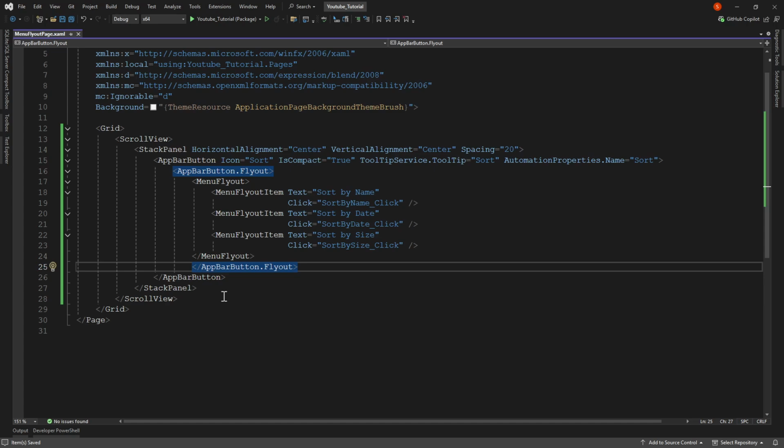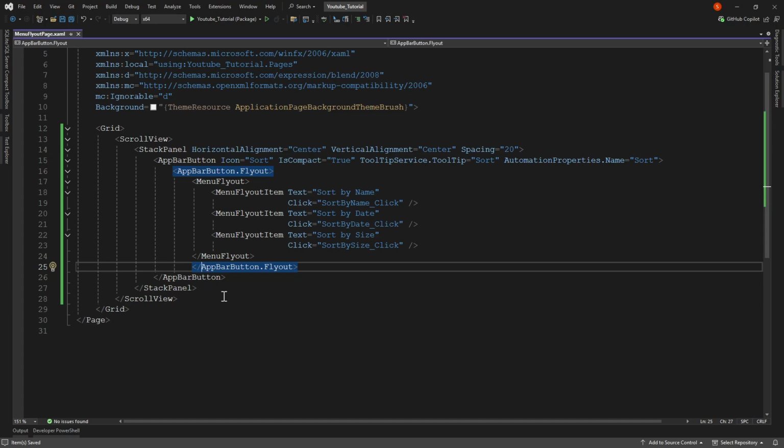The menu flyout is the child of the app bar button flyout. You see, it cannot be standalone. The menu flyout is just a container pop up on the screen. But the menu flyout needs the real content, which is the menu flyout item.